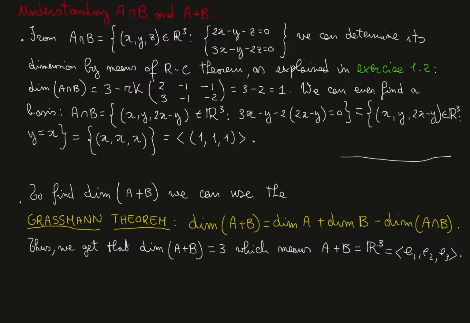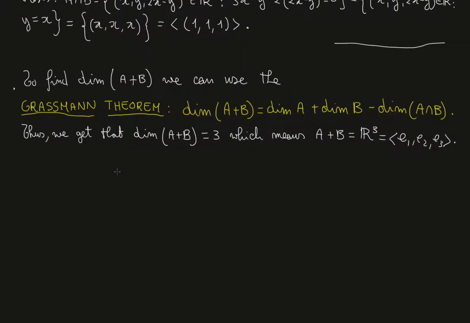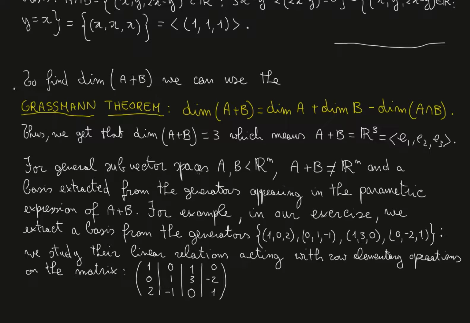And if we want a basis of A plus B, then we can simply take the canonical basis of R3, E1, E2, E3, where E1 is (1, 0, 0), E2 is (0, 1, 0), and E3 is (0, 0, 1). Let's see, however, how to find an explicit basis of A plus B in the general case when we don't know that A plus B is all Euclidean vector space. So in general, for general subvector spaces A, B in Rn, A plus B is not going to be equal to Rn. And a basis can be extracted from